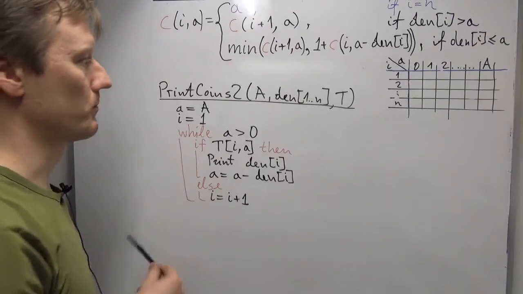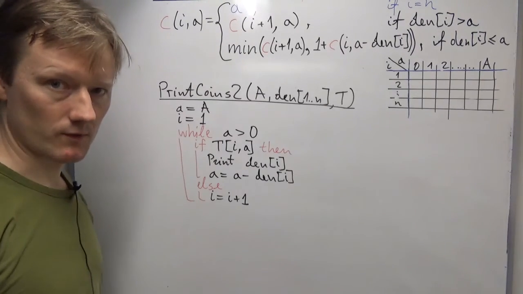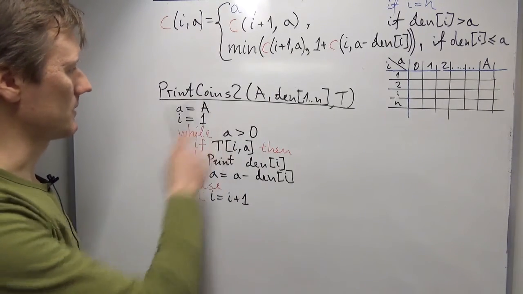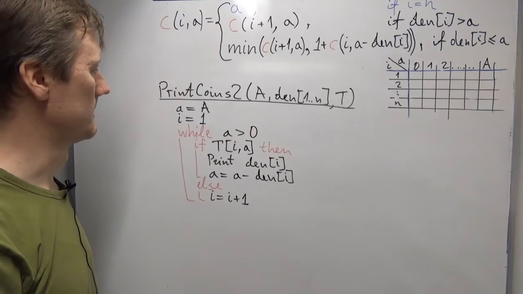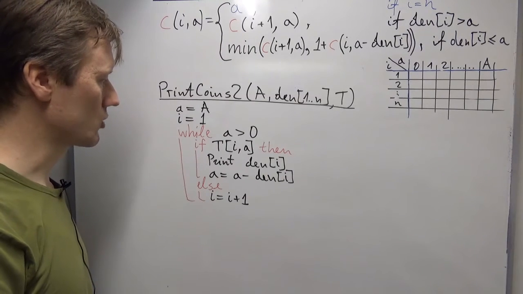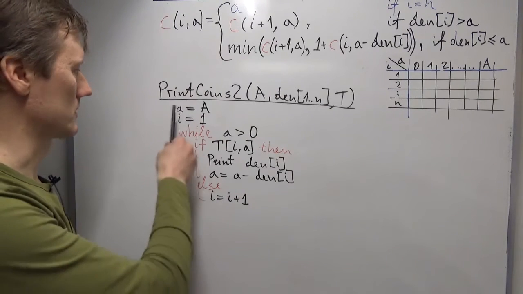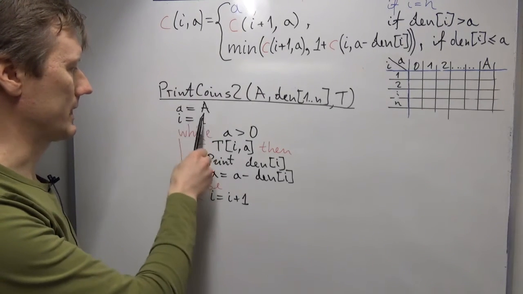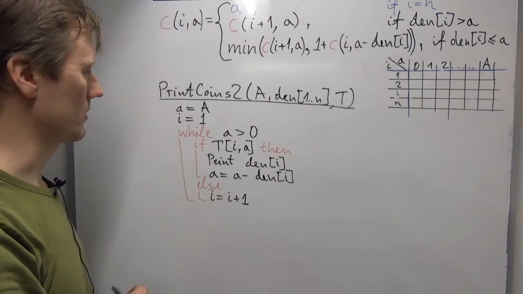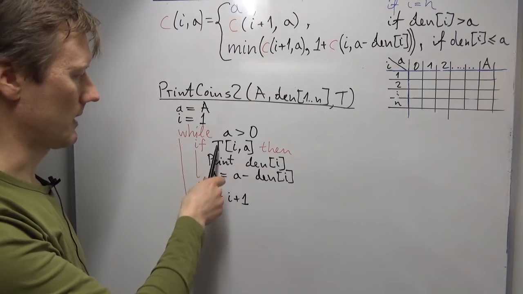Finally, to print the actual denominations that we suggest to use to achieve the optimal number of coins, we can easily use the T table and write a print coins algorithm on that. Again, we just backtrace our choices starting from the original problem. So starting from amount A and i equals 1, which means that we have all the denomination array from 1 to n, and then we go, while there is some money in our amount, we say